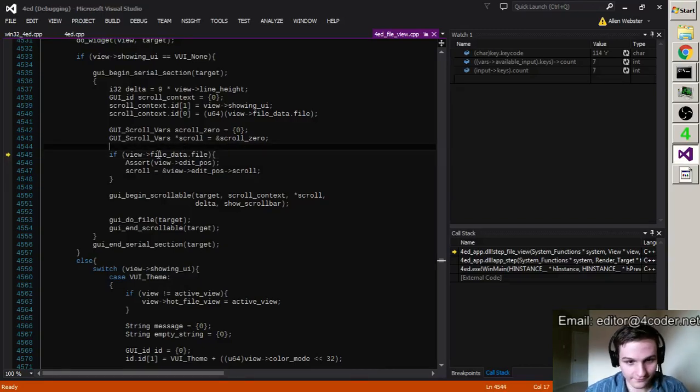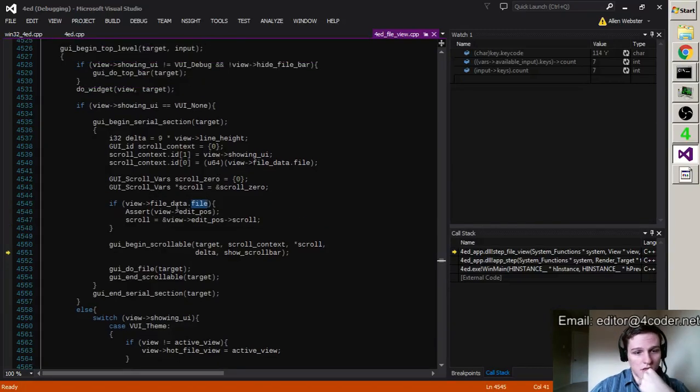Alright. But we must power through. Okay, that did it to me there too, because that's a pointer, but it doesn't look like a pointer because I didn't put the not equal 0 there. Bad style all over the place. So I'm grabbing a scroll. Okay, so I had a scroll pointing there, and all we're doing is I'm saying, look, okay, so this is a thing that should be an assert, because views always have files now. That used to be the case that they could be null, but that should be an assert.